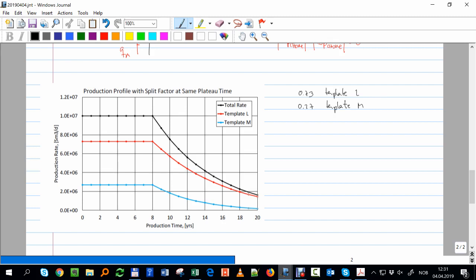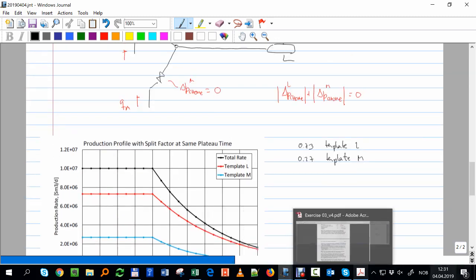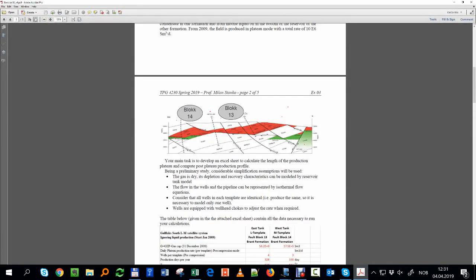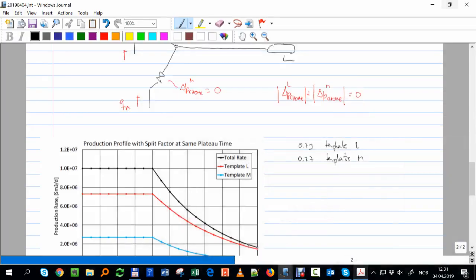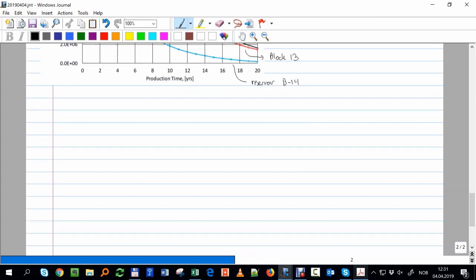We didn't discuss here in class, but you can do the same. Try to do the same on a field. In this case, it's like there were 2 different reservoirs. Okay, so this is reservoir... How was the name of that reservoir? It was block 14 and block 13. Okay, so it's like there were 2 different reservoirs. So one example we didn't cover in class, so for